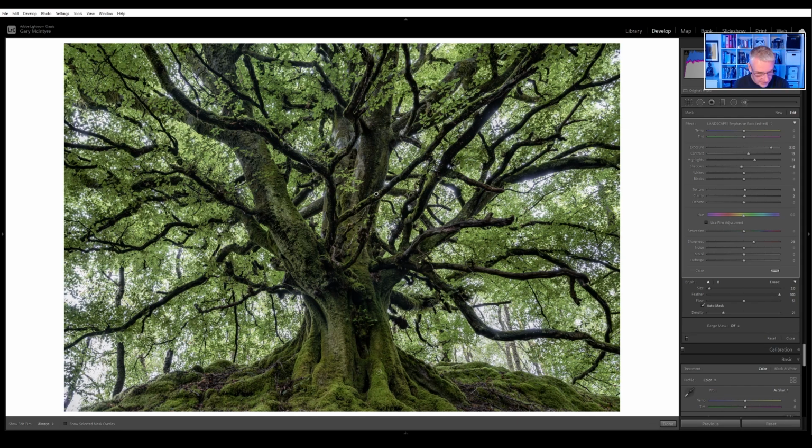And I'm just going to make that a wee bit bigger there, bring that down there, take that up there, but not too much on that. We've got lovely lines coming down the tree. The texture in this tree is phenomenal. And